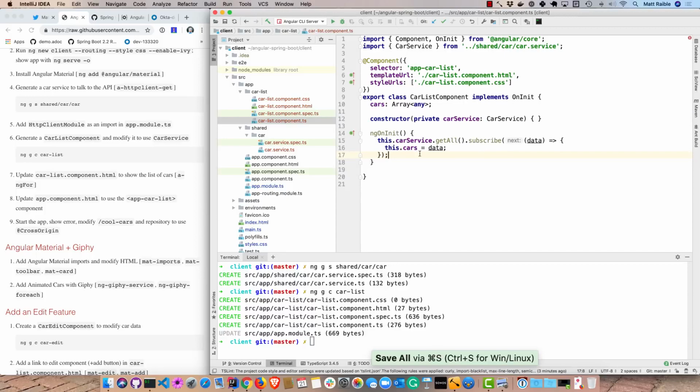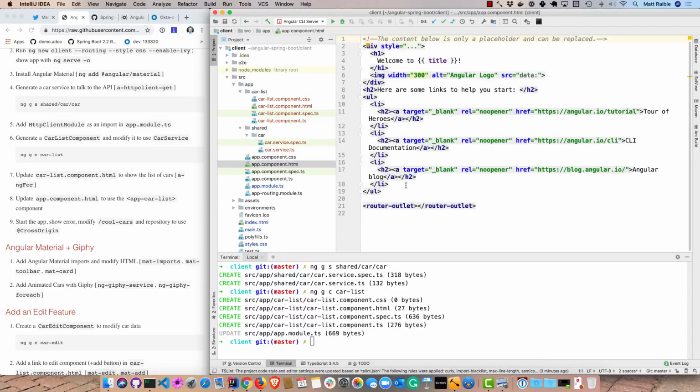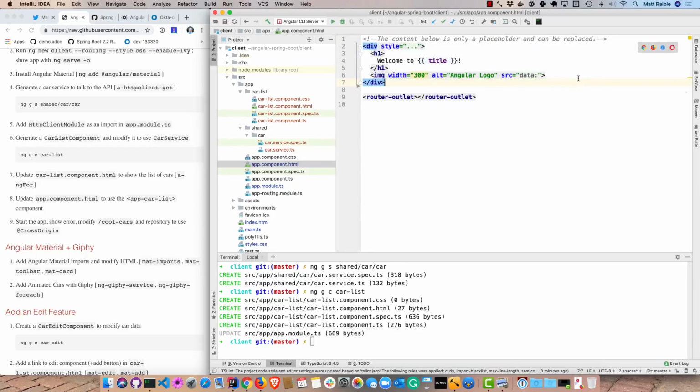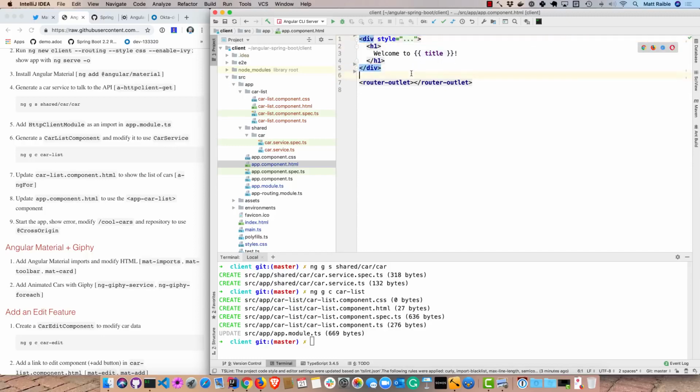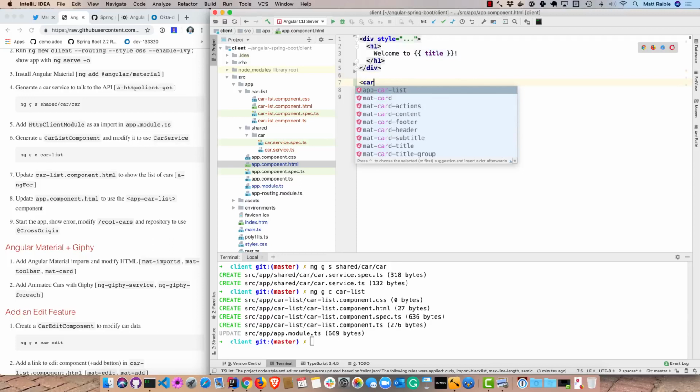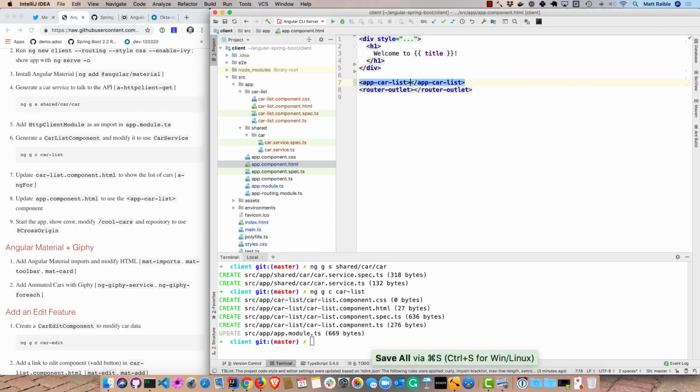Okay? And then the last thing is to go into the app component and get rid of some of this boilerplate, and we'll add that car list as a component here. So now we can start the client, ng serve,